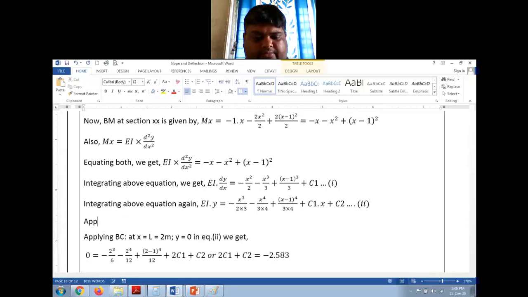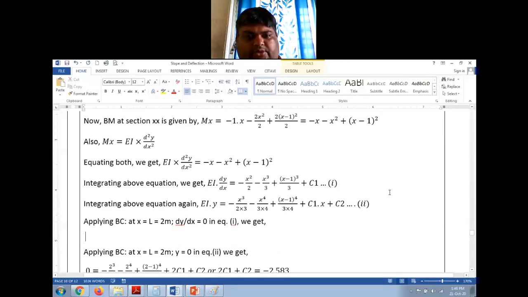Applying boundary condition at x equal to L equal to 2 meter, dy by dx is equal to 0 in equation 1. We get,